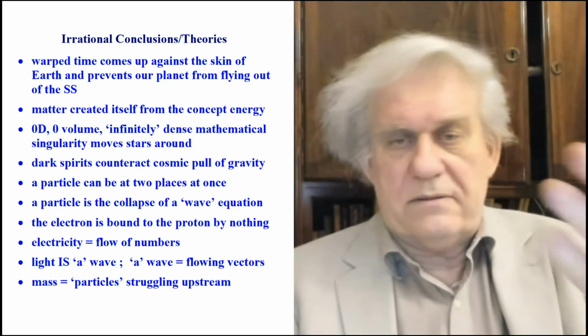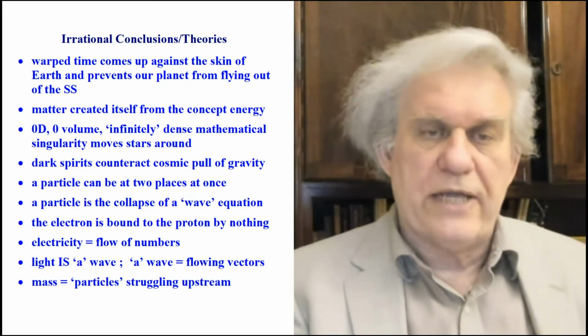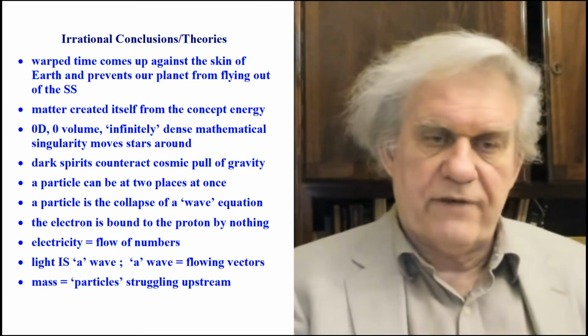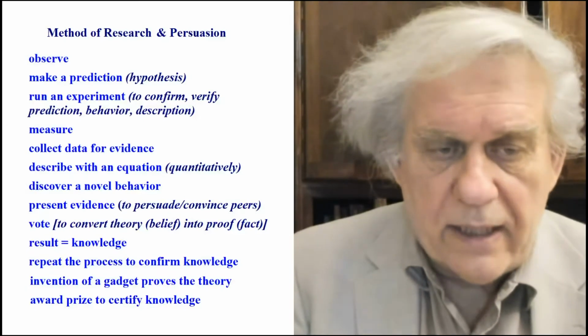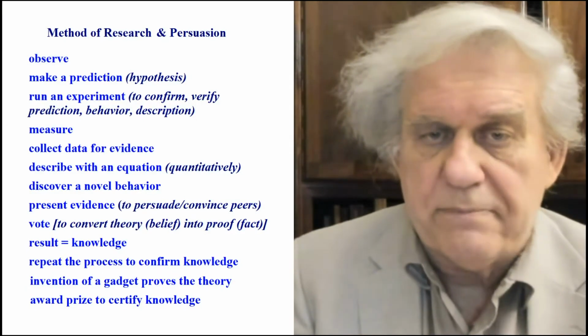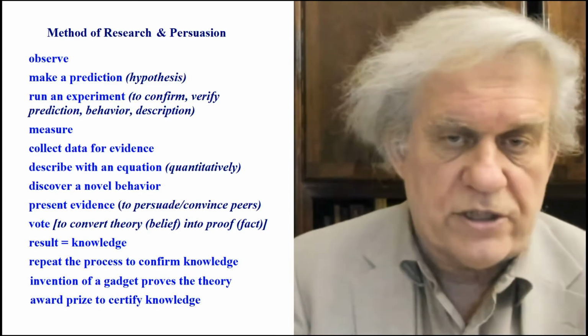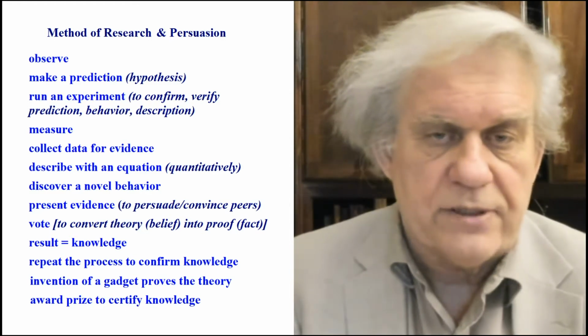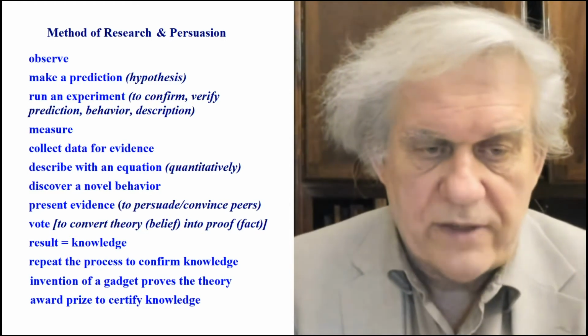So these are just a quick listing of irrational conclusions or theories that we have around today based on this so-called scientific method. Okay, so what am I getting to? Well, here's the scientific method that these people propose. Again, here it is up here. And yeah, then you need observation under that, because the purpose of that is it's a method of research and of persuasion. You're trying to convince the jury. That's why observation is important, because observation serves as a synonym of proof.